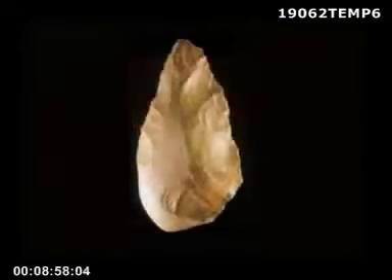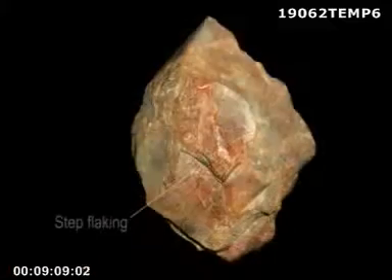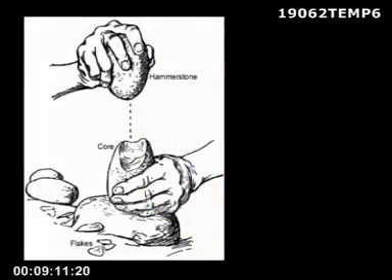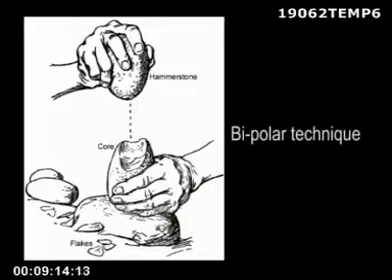At times, some of the massive flakes are also used in making tools like cleavers and hand axes. These would be hard to believe in case of nature. The prehistoric man in making the stone tools also employs step flaking or bipolar technique. These two techniques are the evidence of preconceived ideas of men for making the stone tools. The naturally fragmented lithic tools do not exhibit such preconceived ideas.